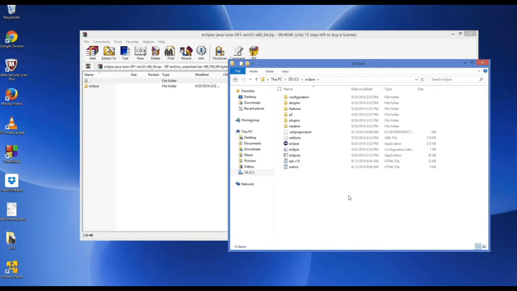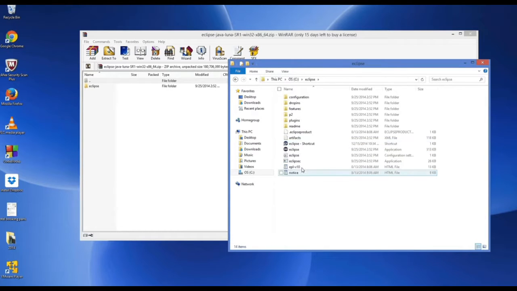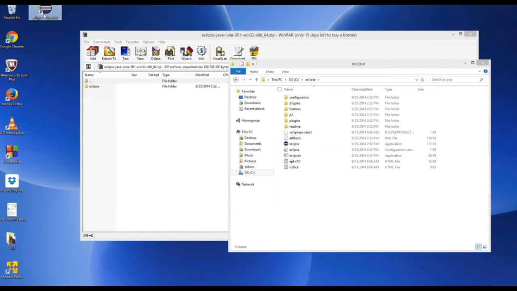Now in order to run this, you can just double click this Eclipse icon, and you can also create a shortcut to it, drag and drop it to your desktop, and then double click this shortcut, or you can click this Eclipse icon from here also. So I will double click it,